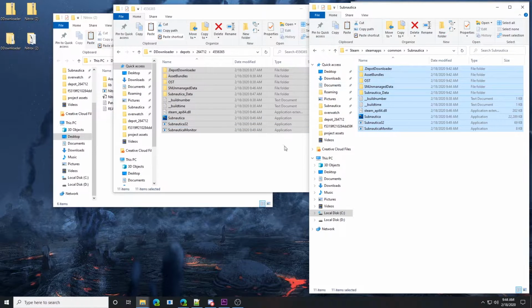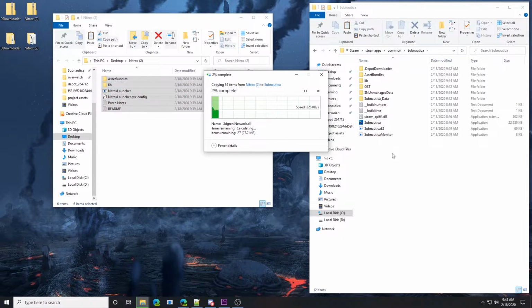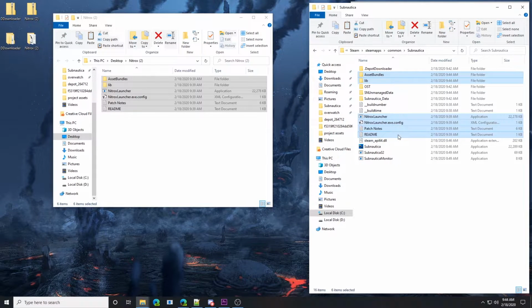Once that transfer is complete, you're also going to go ahead and take what's in your Nitrox. Let's go back into the copy and paste just in case you have a backup. You're going to copy and paste all of these guys in. And now from this point, we go into Nitrox Launcher, run it as administrator,